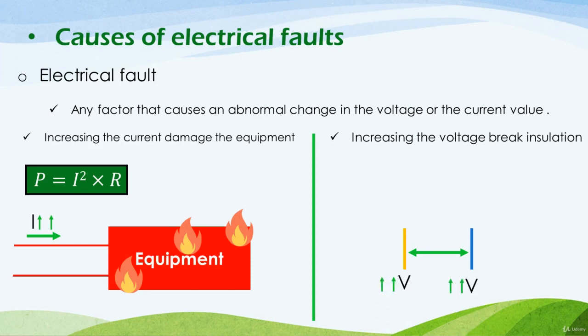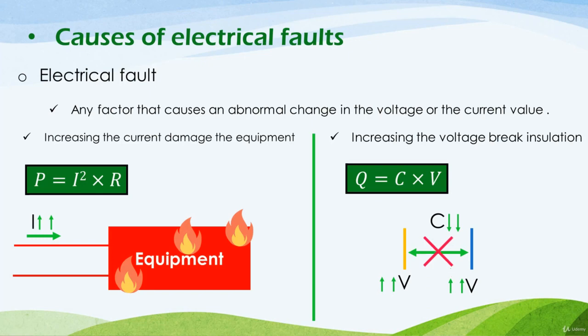So the voltage between the two phases will increase greatly, and we have a relation saying that the electric charge equals the capacitance times the voltage. We can consider the capacitance to be the insulation between the two phases, or the air insulation. So the air insulation represents the capacitance or the dielectric strength. From that relation, the voltage is inversely proportional to the capacitance, which means that when the voltage increases greatly at the fault condition, the capacitance will decrease. And when the capacitance decreases, the insulation between the two phases will decrease greatly,